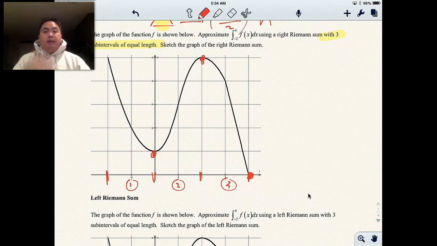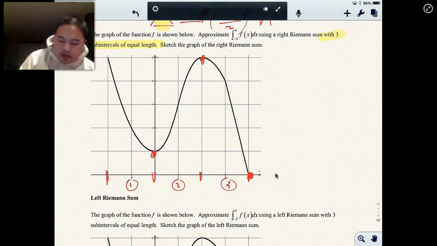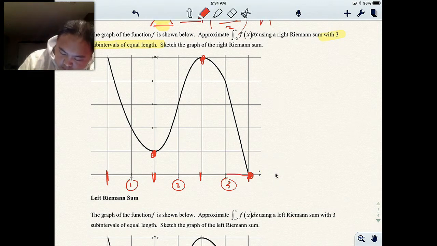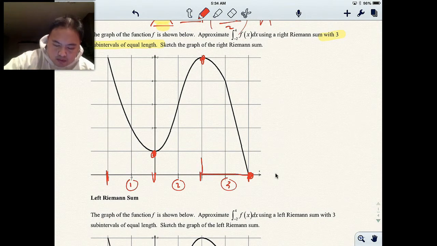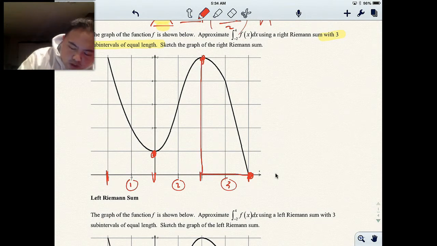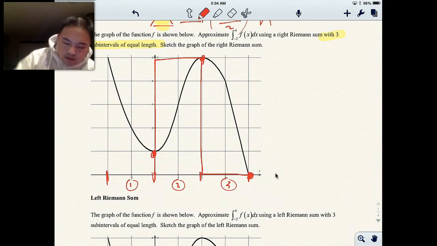And I'm not going to make a dot at the first hash mark, and you'll see why. So you start at the rightmost dot, and I'm going to make a line across over to the next line. Then you're going to go up, and again, you're going to go right over and down. So again, I did that for the first one, so it was like a 0 height. And the last one,